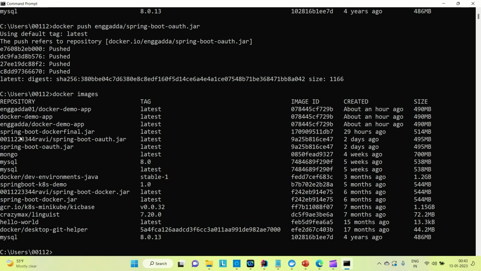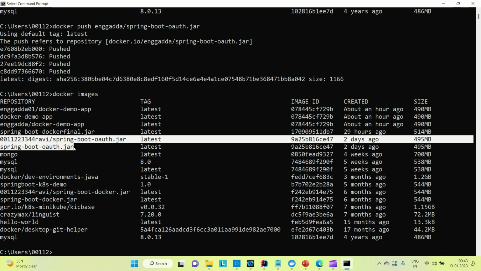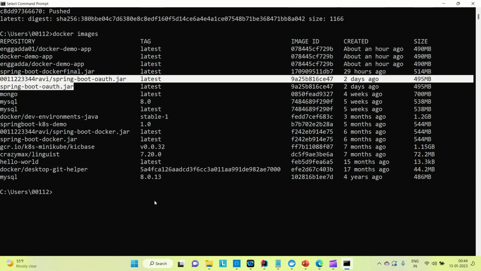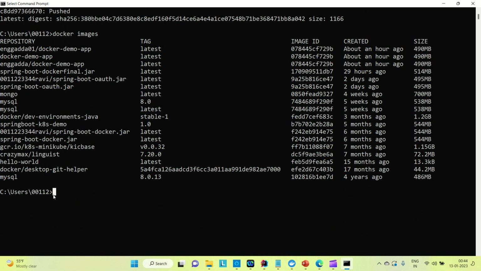So here you can see we don't have the image, which is engineering adda slash spring boot auth. We have this image and this image, not the one that we have pushed now to the Docker Hub. So let me try to pull it from the Docker Hub. So what is the image name? Let me show you. So this is the image name, engineering adda slash spring boot auth.jar. Copy this, come to the command prompt and then run this command docker pull and then